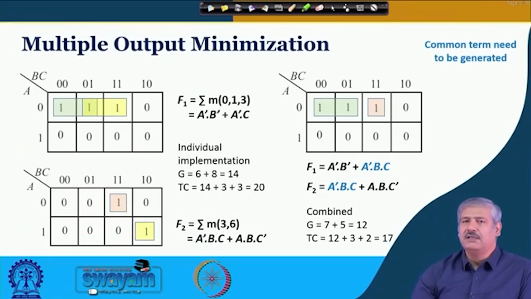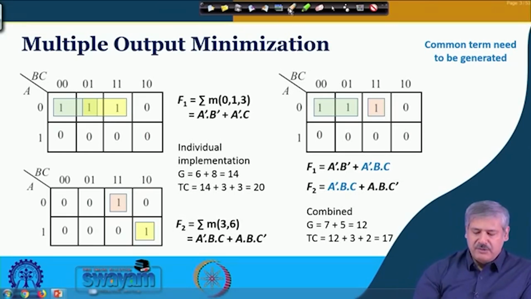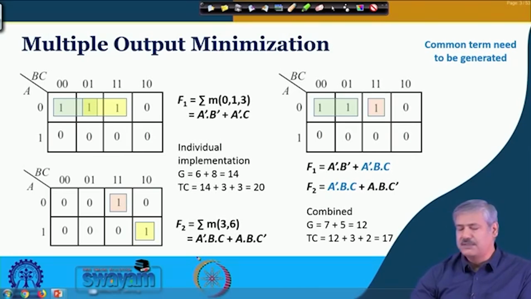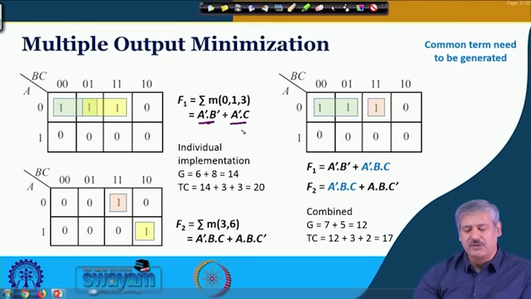Now, look at a problem where there is no common prime implicant as such. Okay. So, in this case, F1 has 0, 1, 3 as minterms and F2 has 3 and 6 as minterms. So, you have these two terms. If you go for individual implementation, A prime B prime and A prime C are the ones to be realized. Okay. And in this case, this is common, right, but as I said, in this particular case,